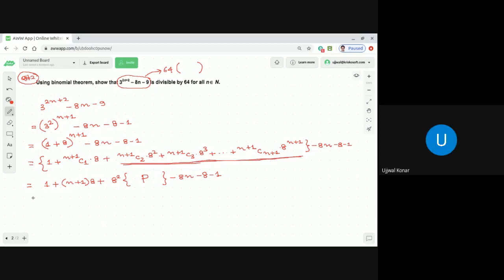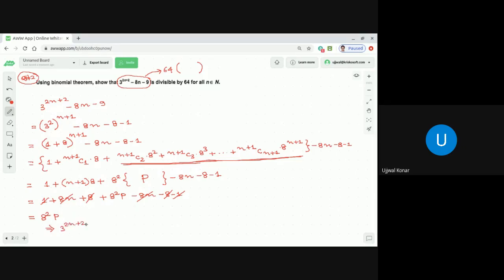Correct? So this is what you are going to get: 1 plus 8n plus 8 plus 8 square into some expression P, minus 8n minus 8 minus 1. So 8n minus 8n got cancelled, 8 got cancelled, minus 1 got cancelled. So you will end up with 8 square into some expression P. So that is nothing but divisible by 64, that proves that